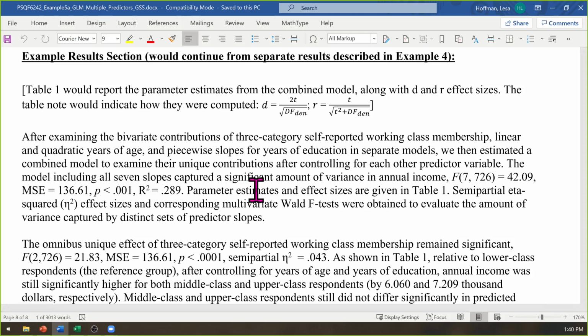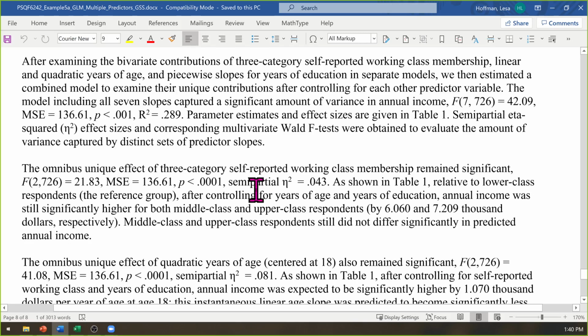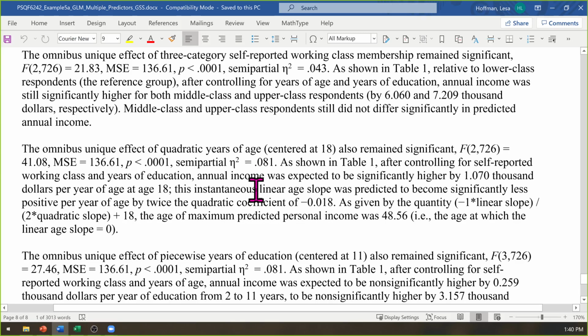So point of the story, you can put together any sets of predictors into the same model that you want. You get a direct test of each predictor's slope's unique contribution via the T for it, but you can also ask for joint tests that lump predictors together in meaningful ways to get at more general hypotheses about the effect of a predictor when it takes more than one slope to characterize it. And that's it.